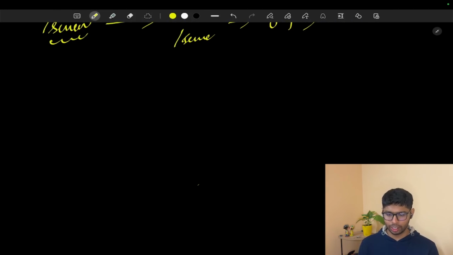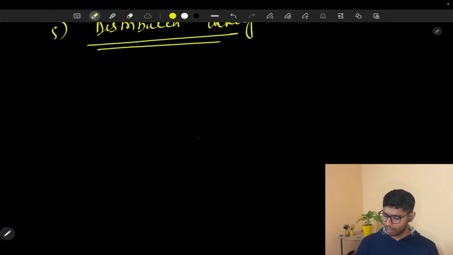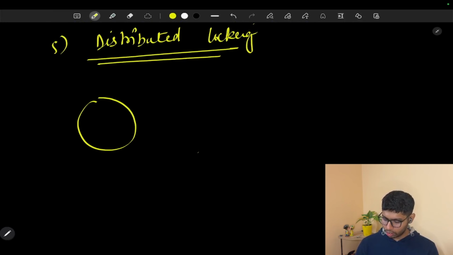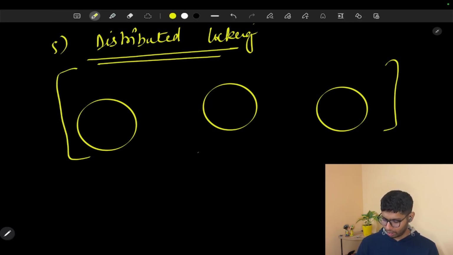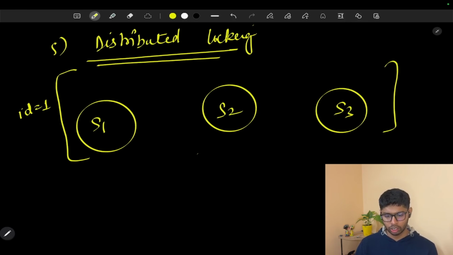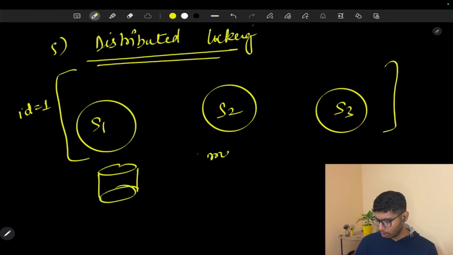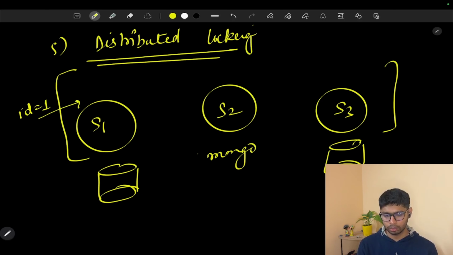So our fifth point is distributed logging. Let's understand it. Suppose there are three servers, server 1, server 2, and server 3. They are working on some ID, like this whole task is going to run on server 1, server 2, and server 3. And the task is going to be performed on some ID equal to 1. So till the time this task is going on, no one else can do any action on this particular ID, the rows in the database. Maybe it considers MySQL, here it can be MongoDB, and again MySQL. So what will happen when the API is called?